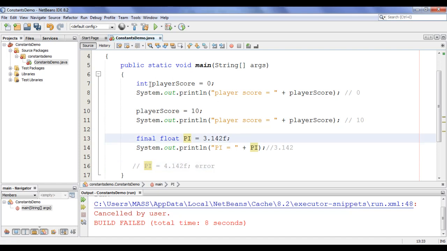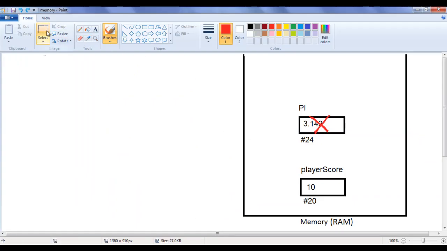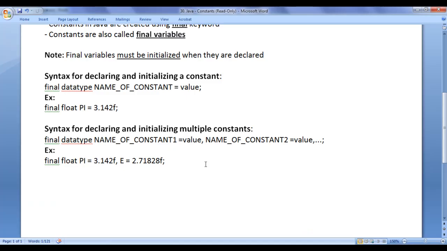So remember that this line of code leads to an error, guys. Remember that a variable is a named memory location whose value can change during the execution of a program, whereas a constant is also a named memory location whose value never changes during the execution of a program once it is initialized or assigned, guys. I hope you guys have clearly understood. I am going to delete this content from here and I delete the allocated memory locations. Let's proceed further and get more information.